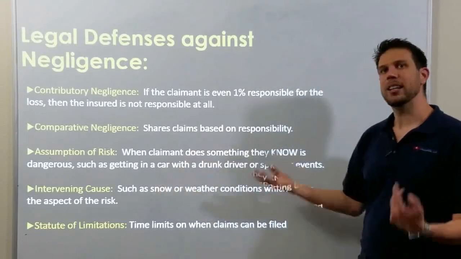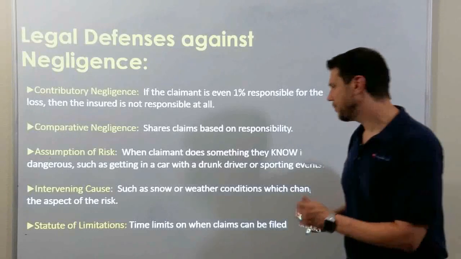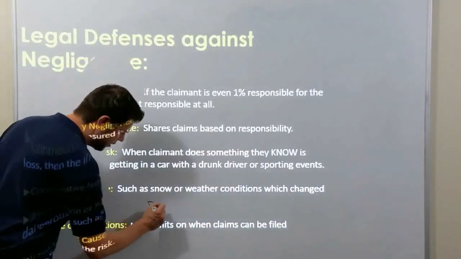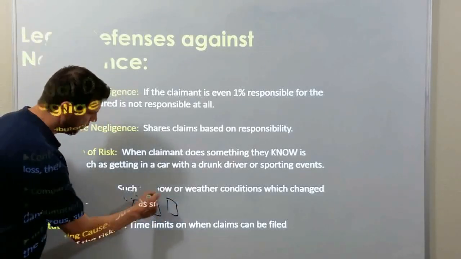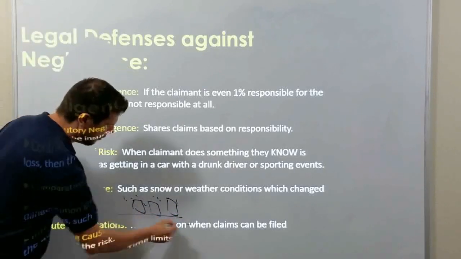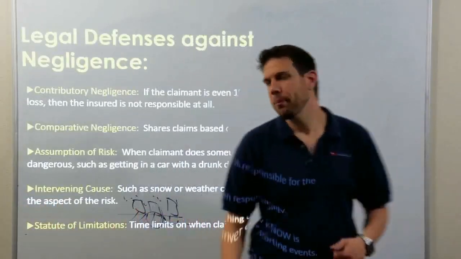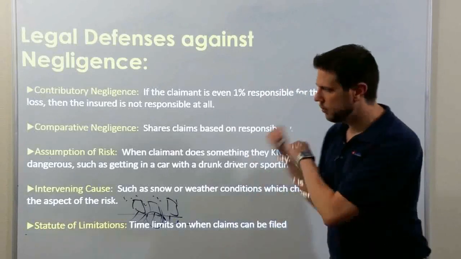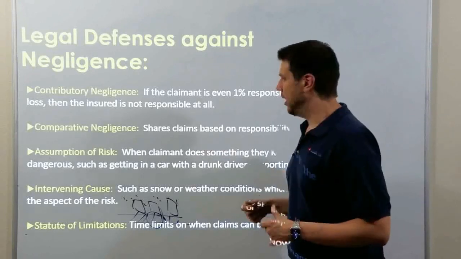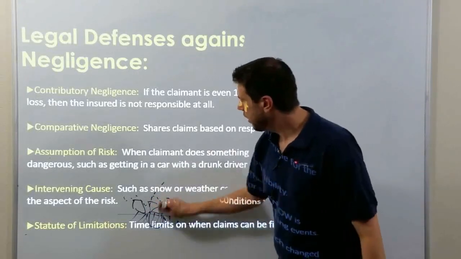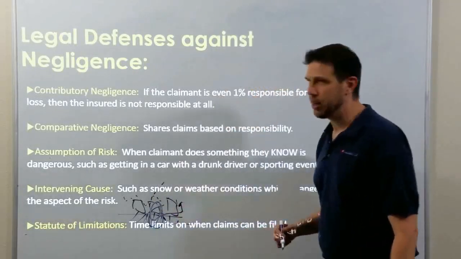Intervening cause is another defense you can try to use if somebody accuses you of being negligent. Let's say that you have a house and it starts snowing. You're supposed to clean off your walkway to your house. So you wake up at 5 a.m. and you shovel your sidewalk. Then you go to work. At 9 o'clock, it continues to snow and it makes your sidewalk snowy again and slippery. Somebody walks along, falls on your sidewalk.